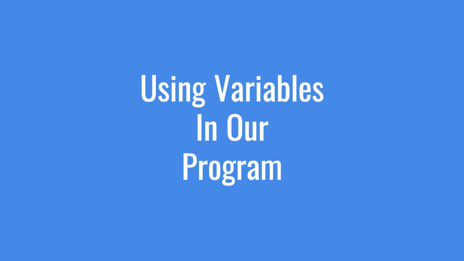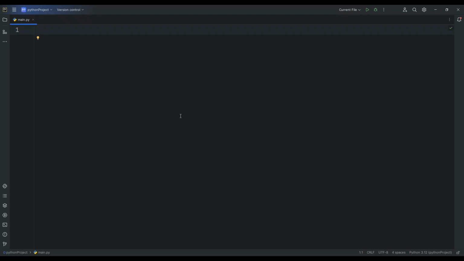So now that we know how to declare variables and the different types we can use, let's see how we can use these variables in our program. So let's create a simple program that uses these variables. We'll combine them in a sentence. So first we have name equal to Pythonic Mind, and it's a string. Second, we have age. What about 18? And is_online. Let's say it's true. Let's print them. I'll use an f-string